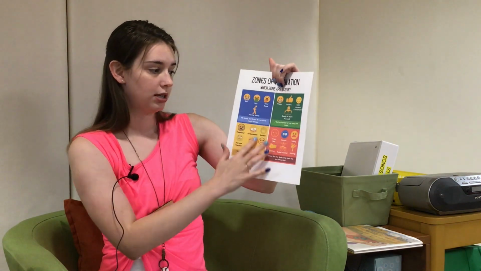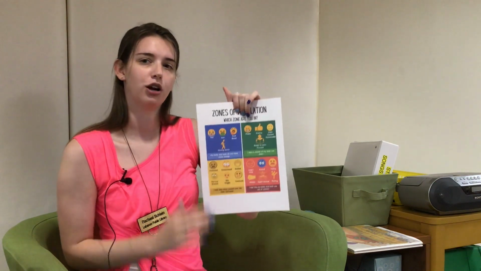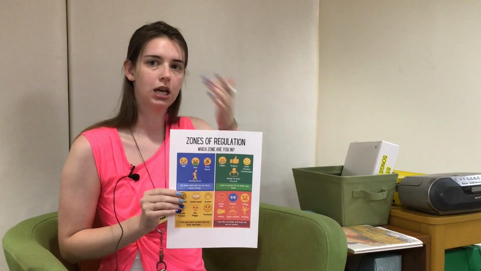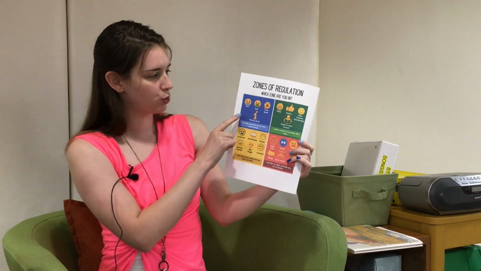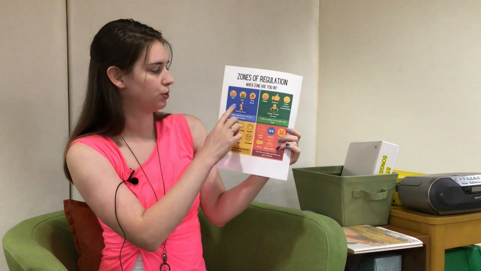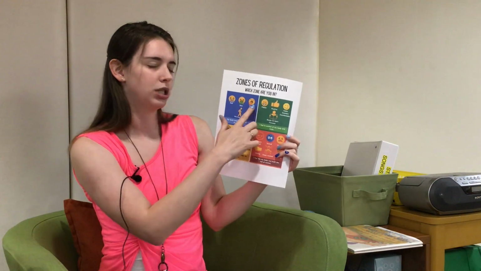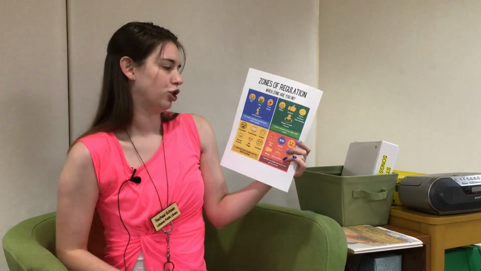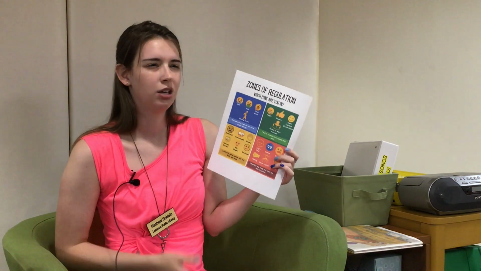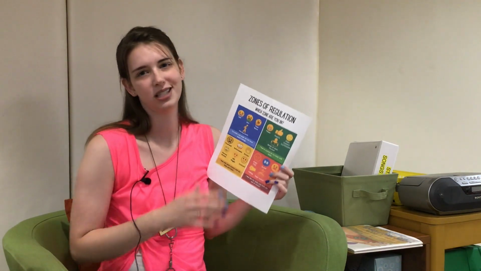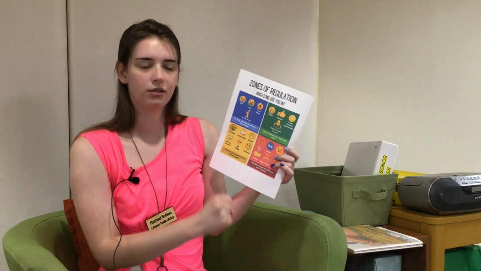But if we are in these other zones, it's okay. We just have to try to get back to that green zone. We have to try our strategies, like maybe our deep breathing, to try to get back to that green zone. Sometimes we might be in the blue zone, which is when we're sad, or if we're sick, we're moving pretty slowly, or we're tired and bored. So maybe when you're at school, if you're bored, you feel like you have low energy, you don't really feel like doing anything, you're kind of sluggish all day, and you're not feeling like you're exactly ready to learn.